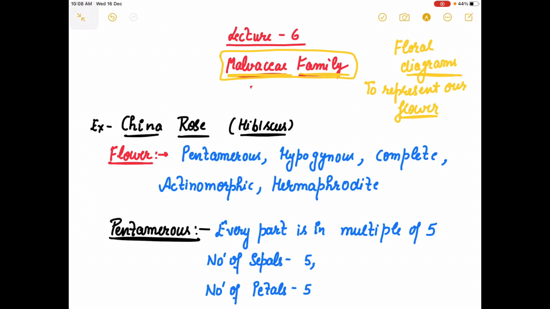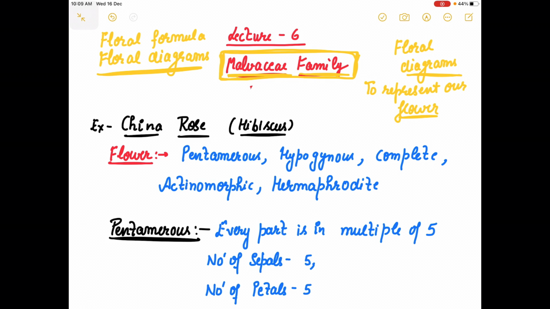So basically there are two things which is the last thing in this chapter, that is description: the description of a typical flowering plant through a floral formula and through the floral diagram. This is completely thoroughly based on your NCERT explanation only, right? But I'm going to make it simple for you, so that you can try it for the other families also. I have taken here a first very simple family with you, that is the Malvaceae family.